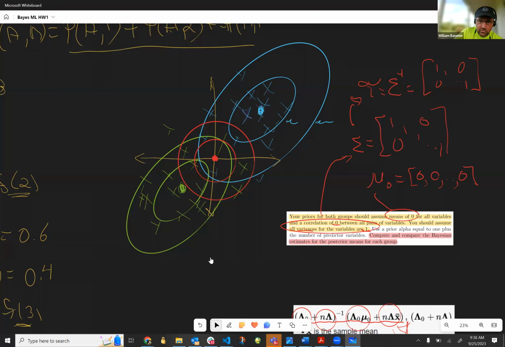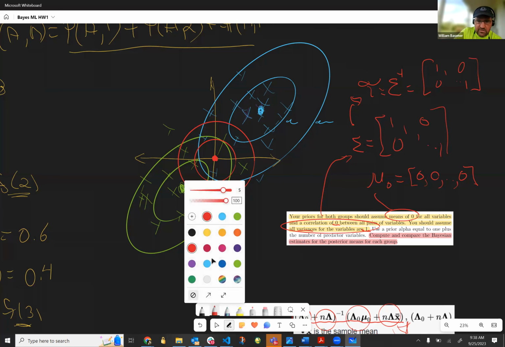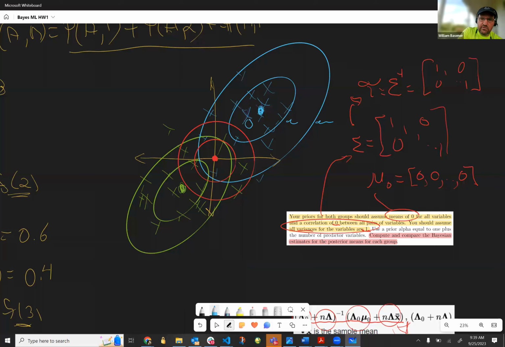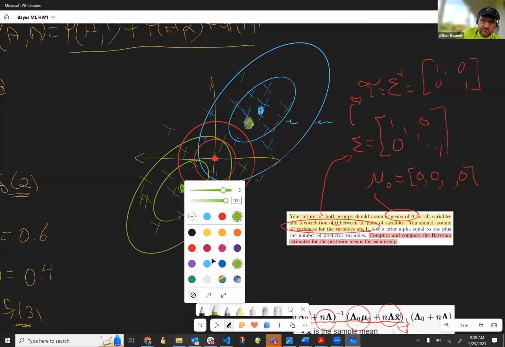What we are winding up with is we want to combine the data, in this case shown as the blue, with the prior, which is shown as the red, and then we're going to get, I don't know the right way to describe it, but maybe something like that, right? As I showed as a blue dot with some highlight around it. And then the posterior probability distribution for the mean